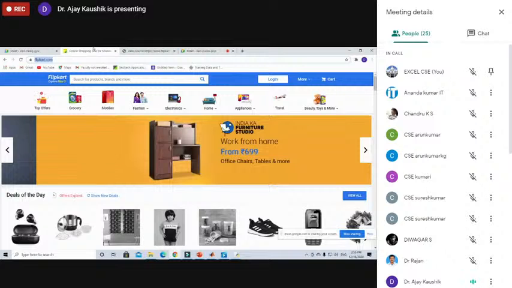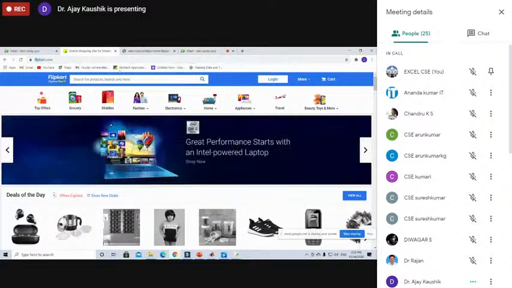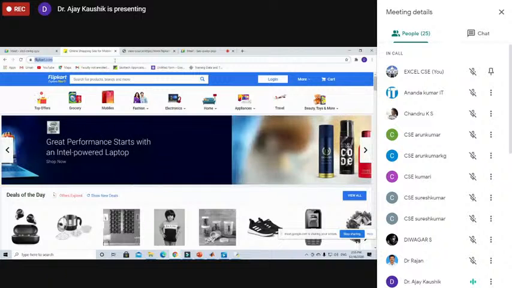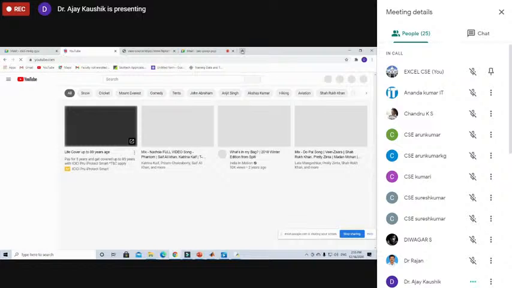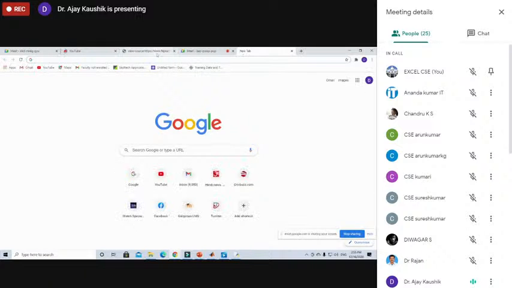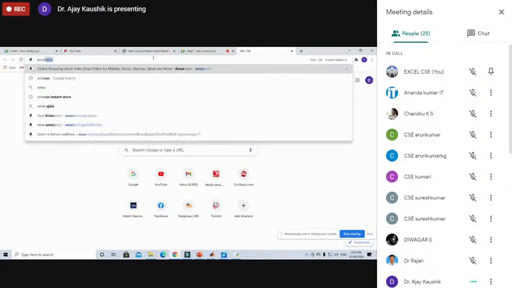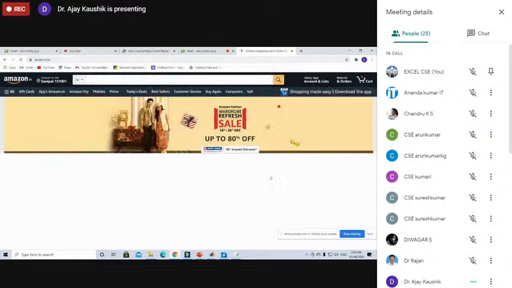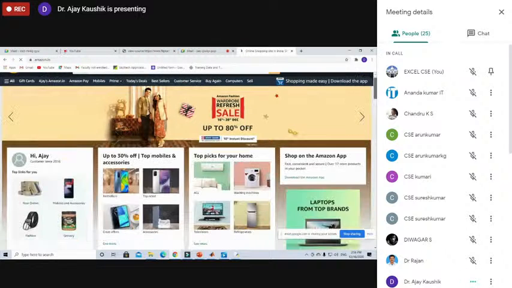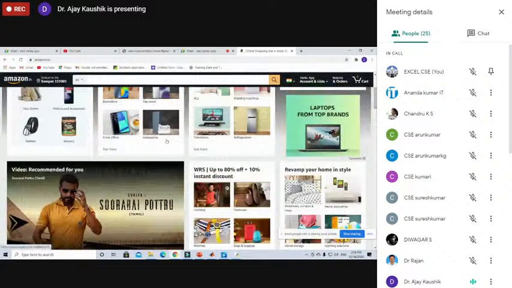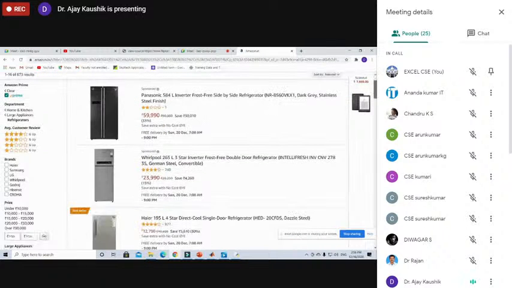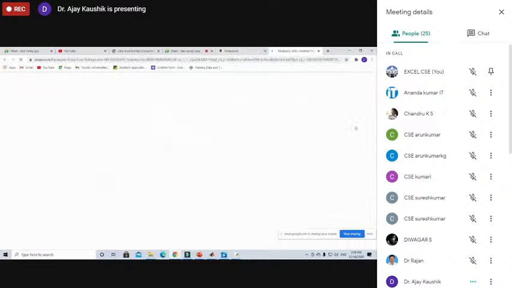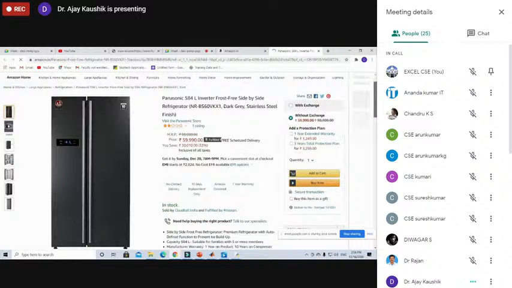This is my Flipkart online shopping site, or let's say I will just open YouTube here. Flipkart, YouTube, or whatever website you open. Let's open Amazon as well. Let me open any specific product on Amazon. Suppose refrigerators. I have opened refrigerators, I want to buy this one, and when I scroll down,